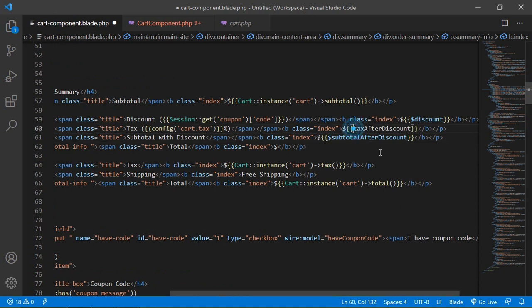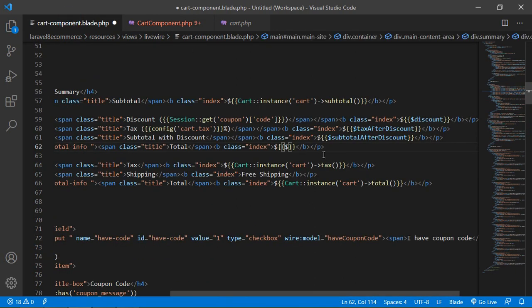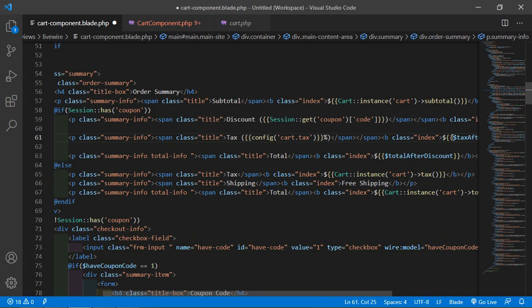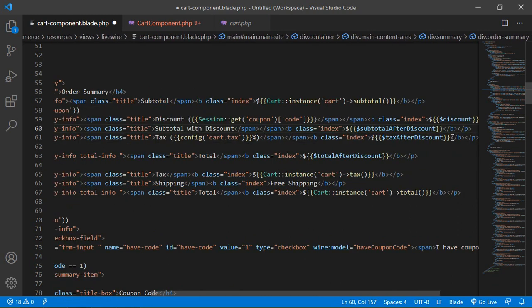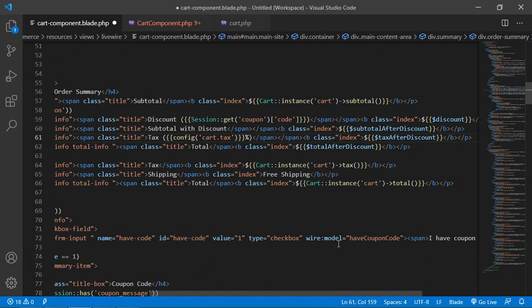And for total, double curly bracket dollar, and let's copy this total after discount. All right, subtotal with discount, just cut this and paste before this tax.